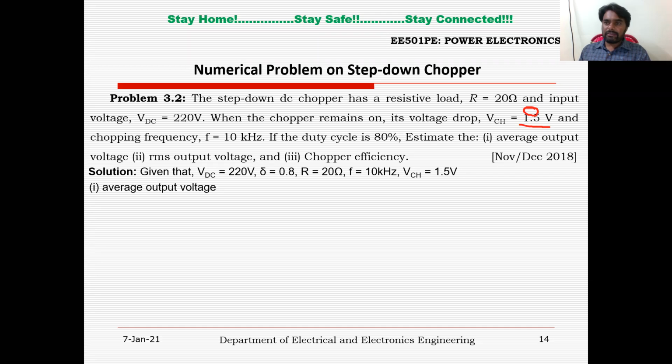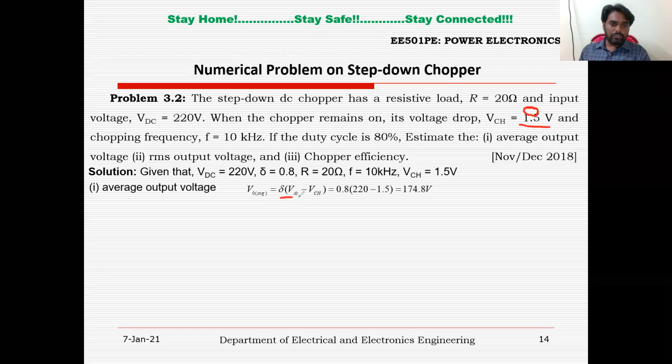Now we have derived the average output voltage and RMS output voltage considering the chopper is an ideal one. There is no voltage drop, right? But if you consider a practical one with some voltage drop, the expression for the average output voltage will be delta times VDC minus VCH, right? If it is ideal, no need to consider this VCH, it is delta times VDC. Just now we have seen those expressions, right? So now you just substitute VDC, which is 220,